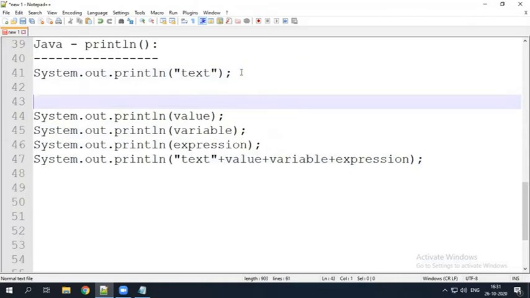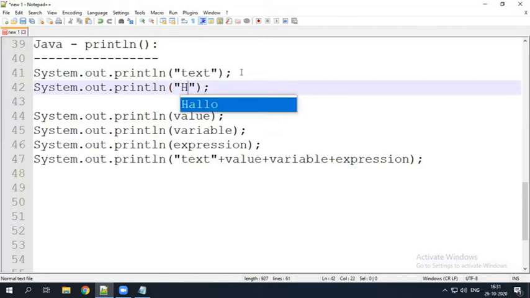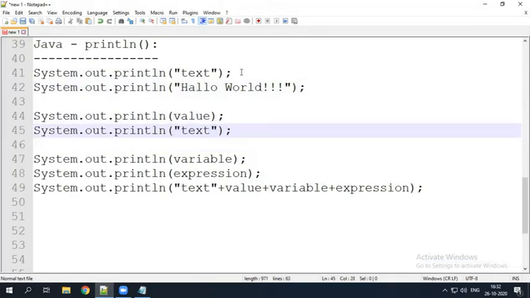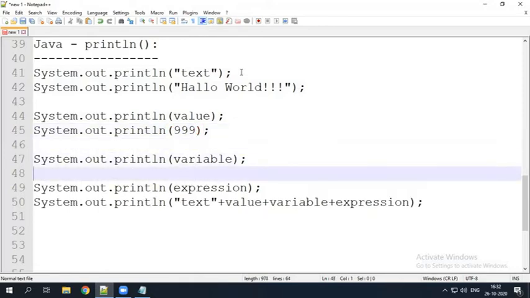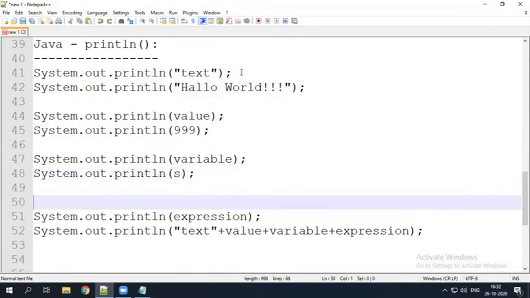So let us see an example of each one. Here the text, similarly hello world. For the value, for example, I want to print the value 999. Suppose I want to print a variable; let me take this variable.